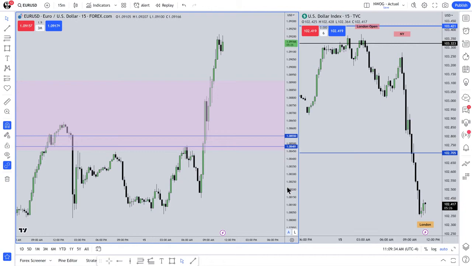Two, London close is generally the time when it makes the opposite end of the daily range. So we have the London high forming here, the high of the day. We had all this sell side delivery and over delivering in terms of what we were expecting, which is wonderful.